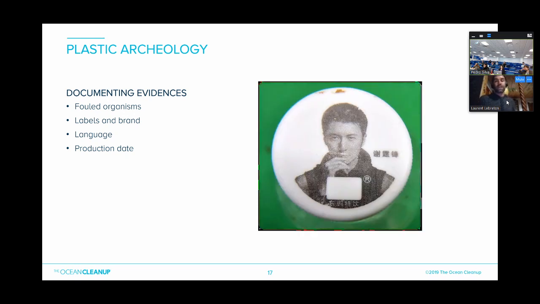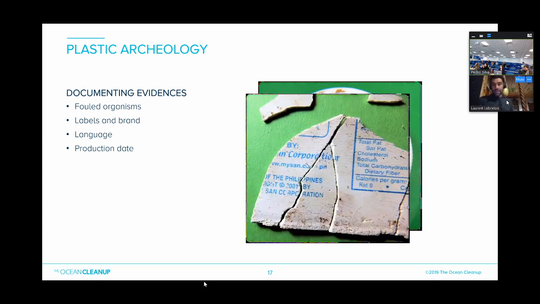And so those are typically the things we find and document, little brands and so on. The writing here talks about the Philippines, so that gives us some information. Maybe it was made in the Philippines, maybe it was used in the Philippines, but even though it's not sure,